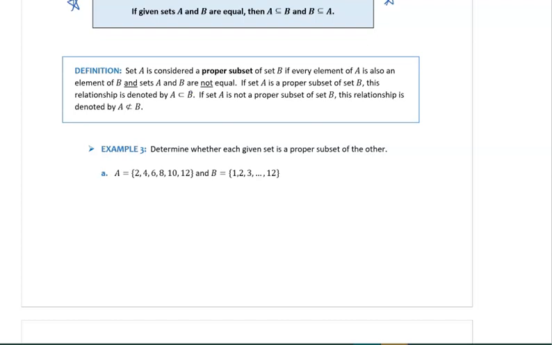Part A. A is the set containing the even numbers from 2 through 12, and B is the set containing the integers from 1 through 12. Notice that each element of set A is also an element of set B, and sets A and B are not equal. This means that set A is a proper subset of set B, which can be written symbolically like this,